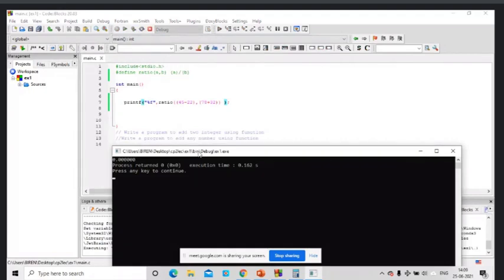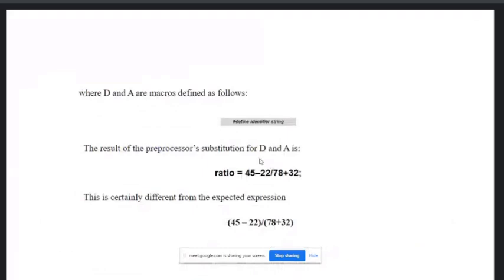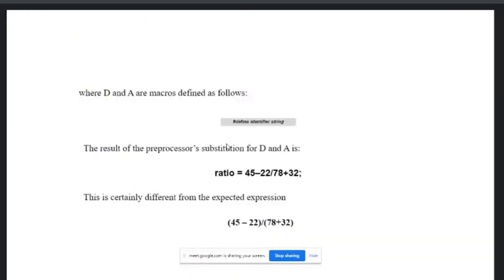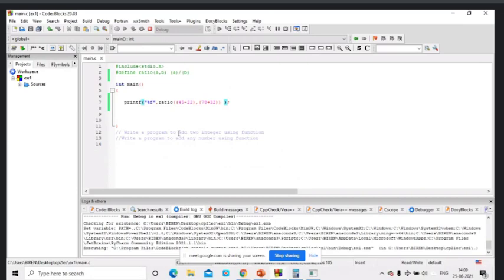Wait a minute. Typecasting, yes. So we need to consider that also. 45 minus 22, that is what gives the 23.